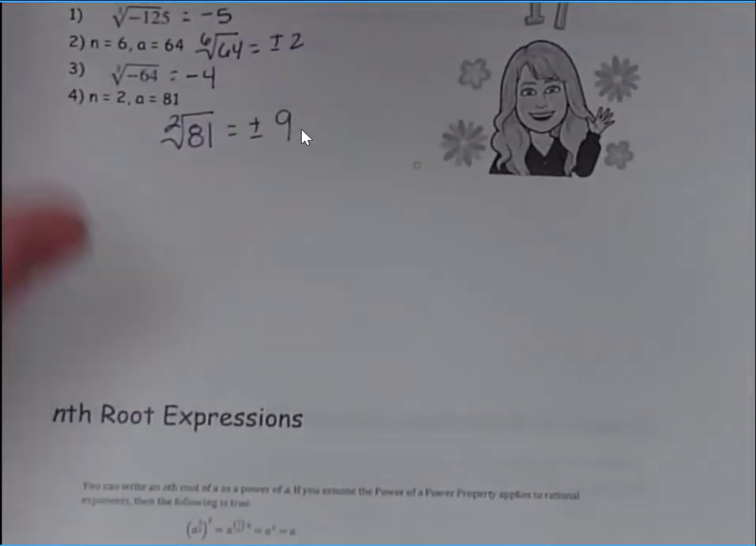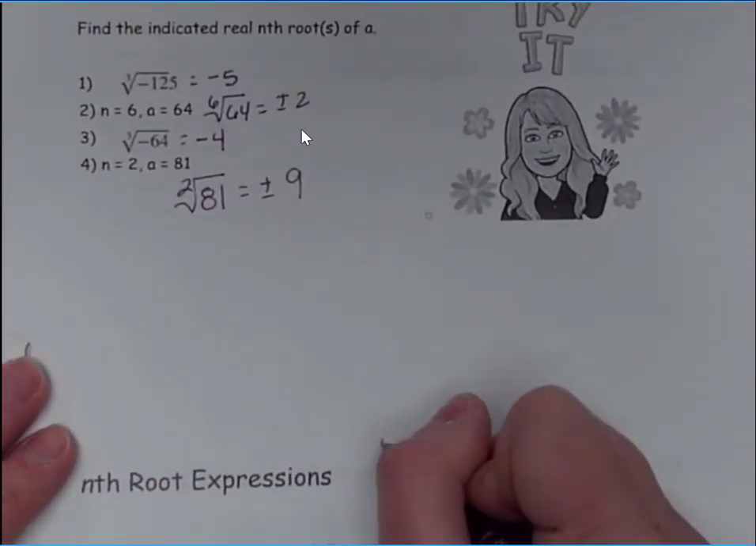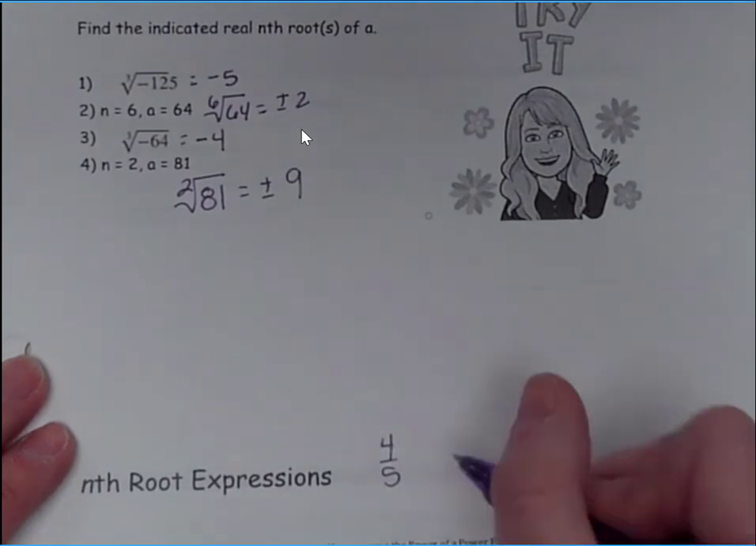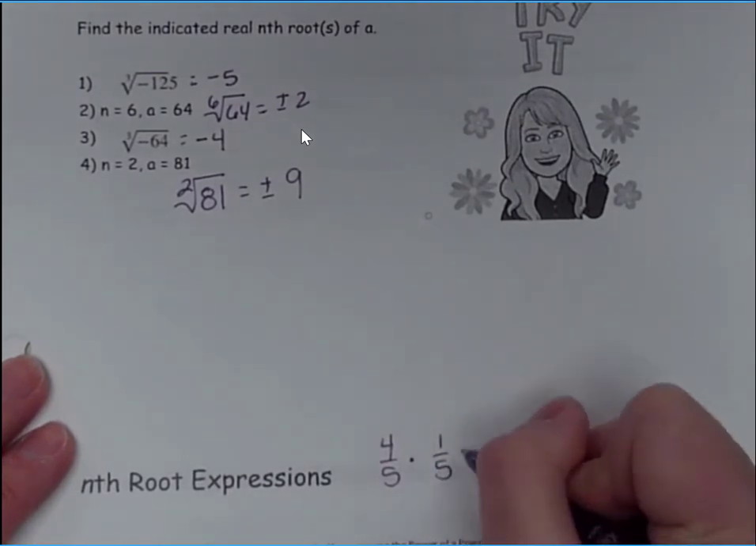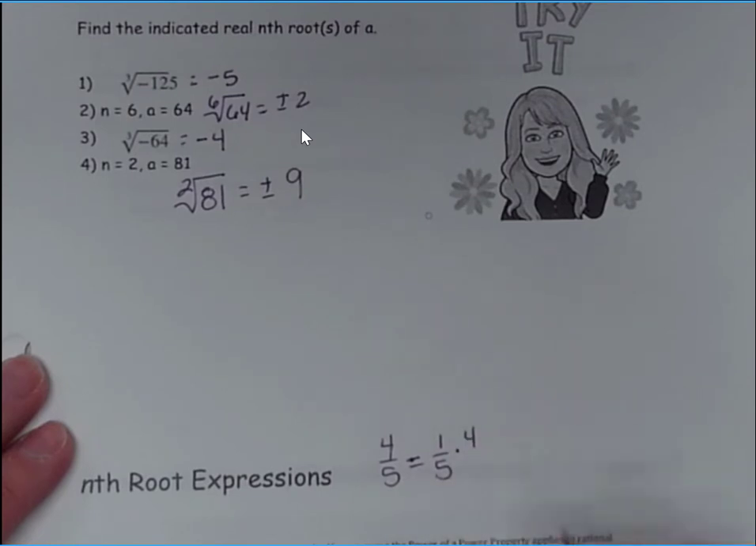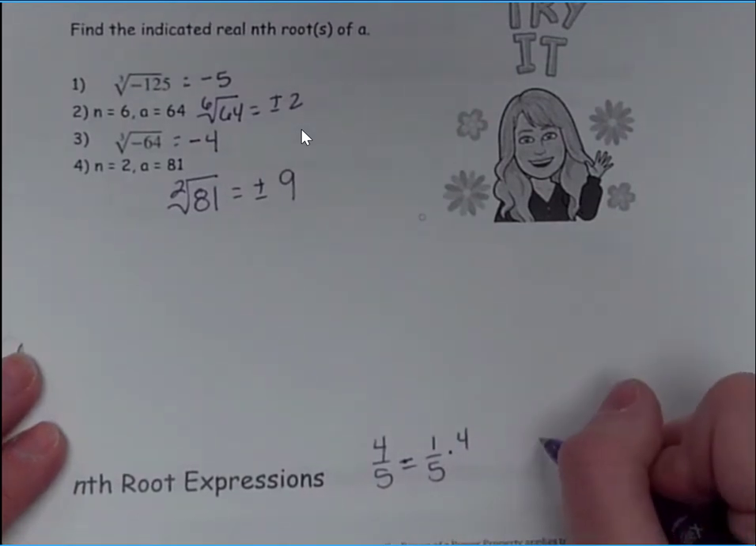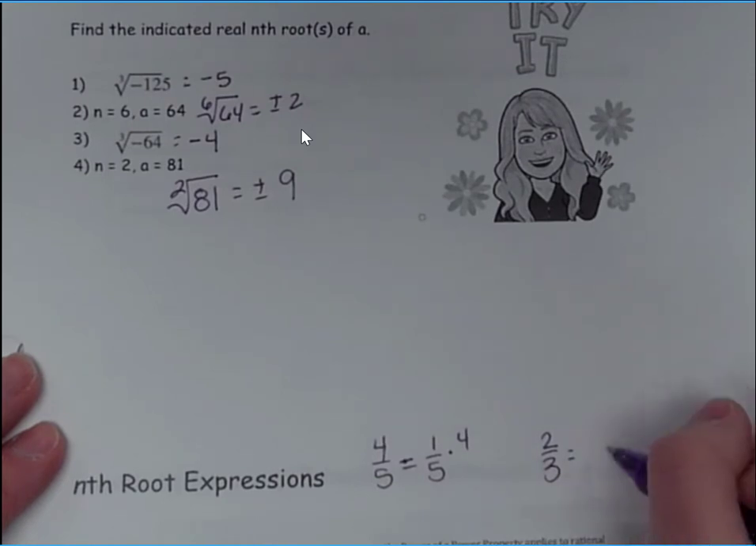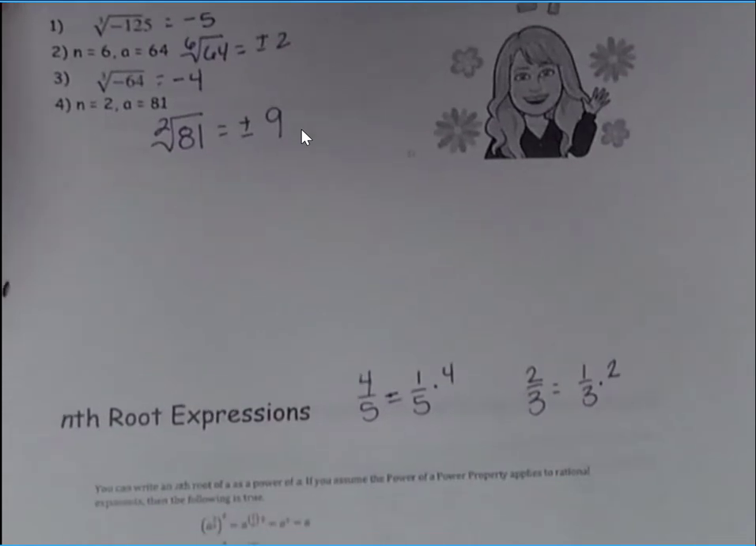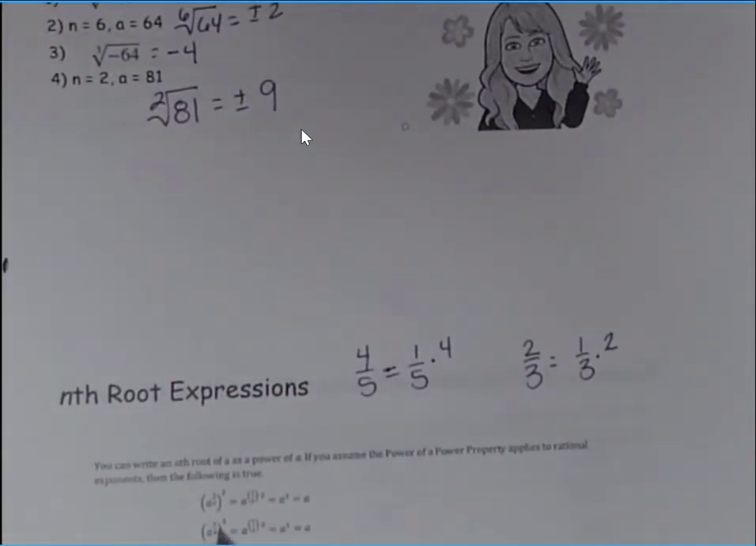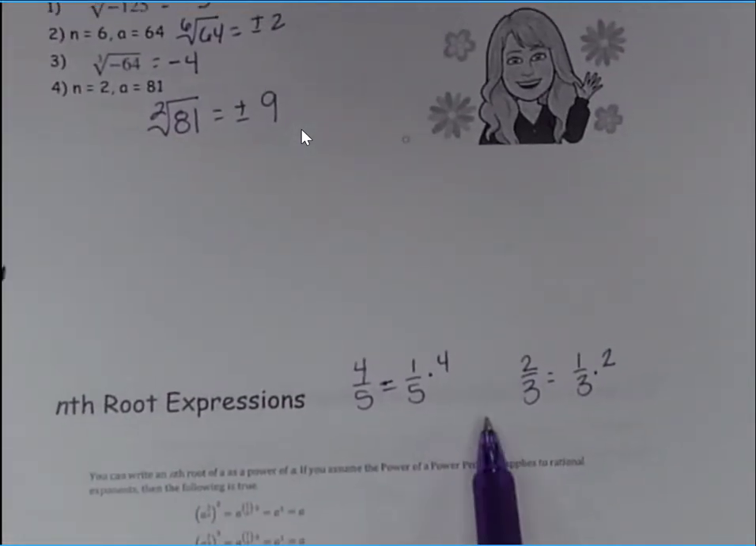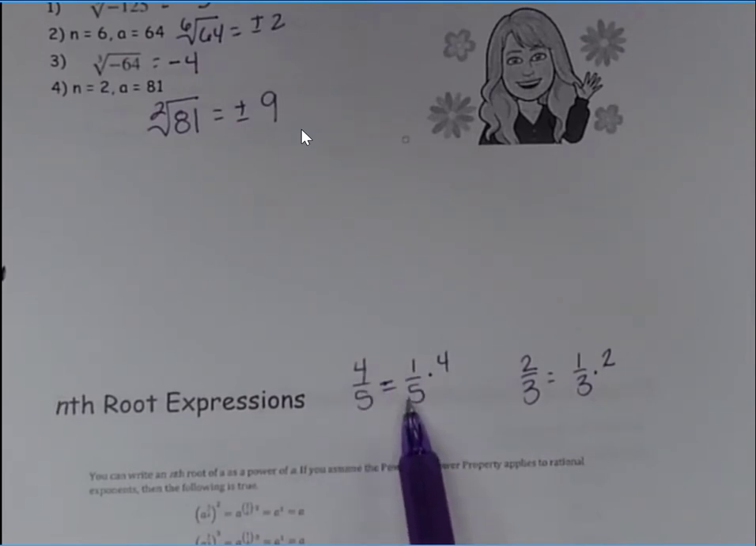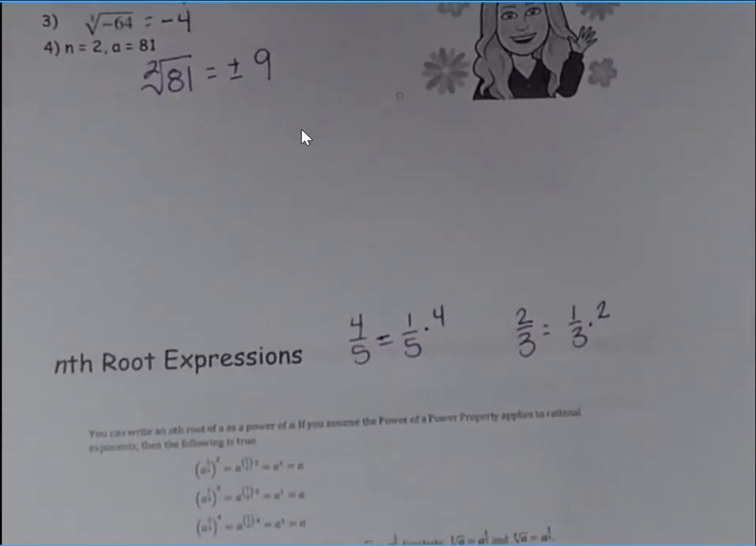So just a second ago, you saw me turn these into fractions. Well, I want to take a step back to fractions for a second. If I had 4/5 as a fraction, I could rewrite this as 1/5 times 4. If I had 2/3, I could rewrite that as 1/3 times 2. So where is that coming from? Well, what we're actually doing here is splitting this up a little bit and showing you how